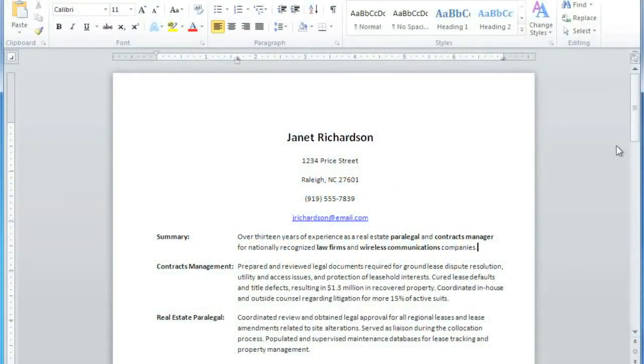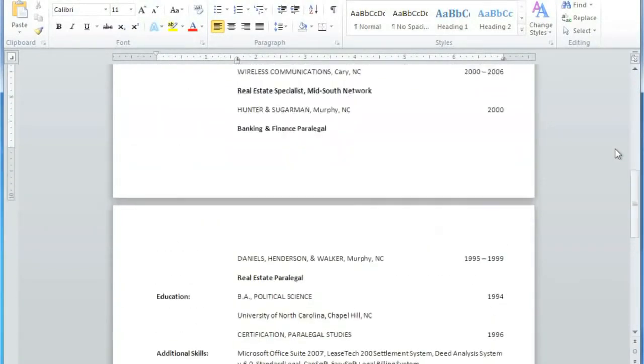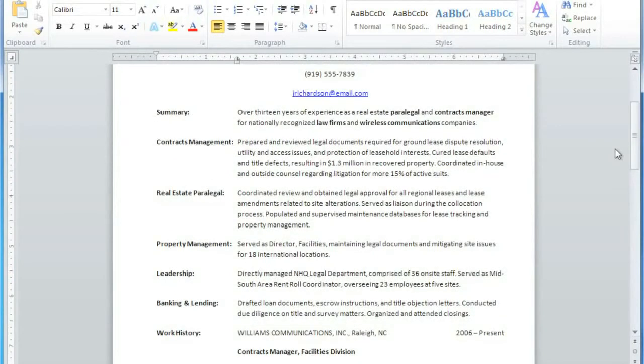This resume is looking pretty good, but there's just one problem. I'd really like for it to fit on one page, but I don't want to delete anything. I think I could probably make it fit if I just adjust the spacing a little bit. Word allows you to adjust the line spacing and the paragraph spacing, which is the extra space before or after